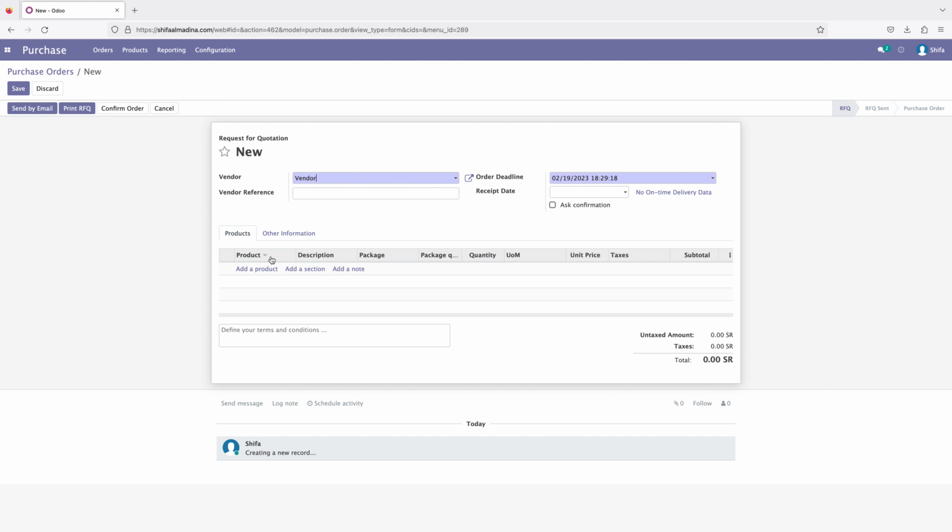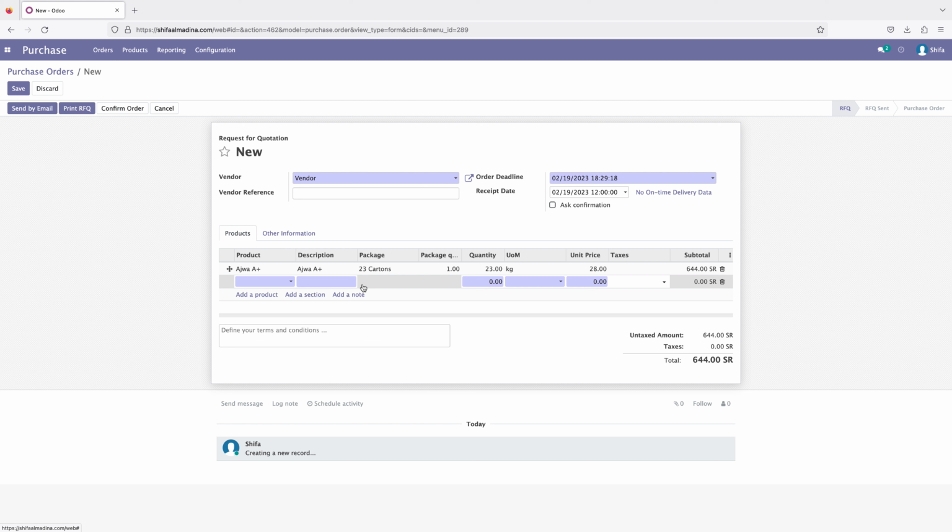Okay, after that I need to select the product that I buy from this vendor. So I select Ajwa A plus, and I mention here I want to buy 23 kg cartons, and I can add another line. In this line we can also add 22 if we have, then we can add those. And we can mention how many cartons we purchase from him. For example, we purchase 50 cartons